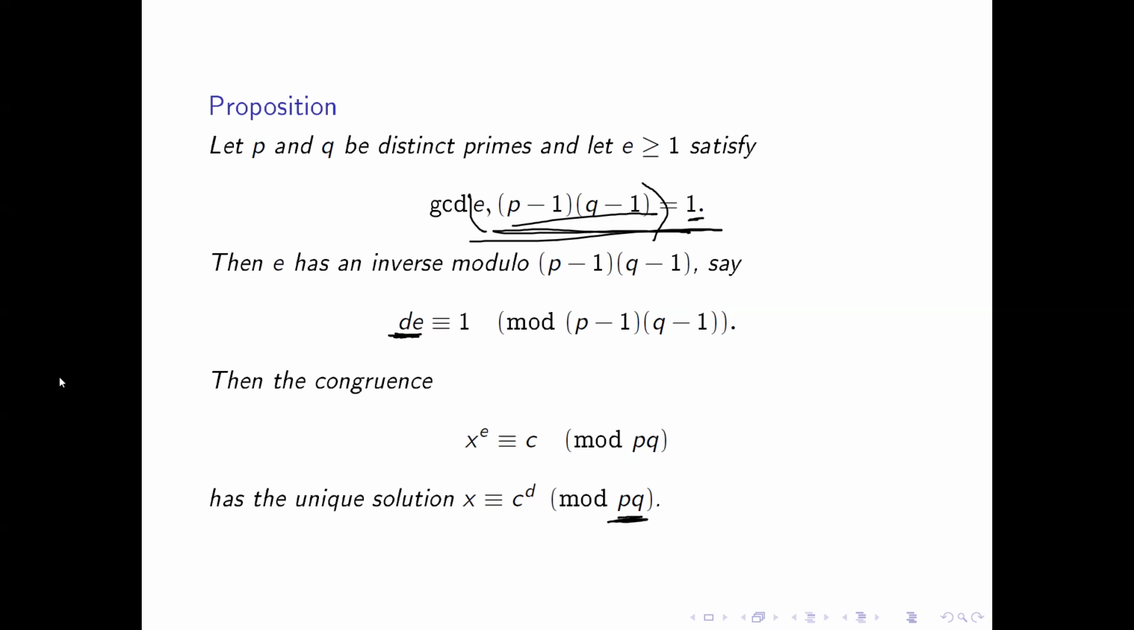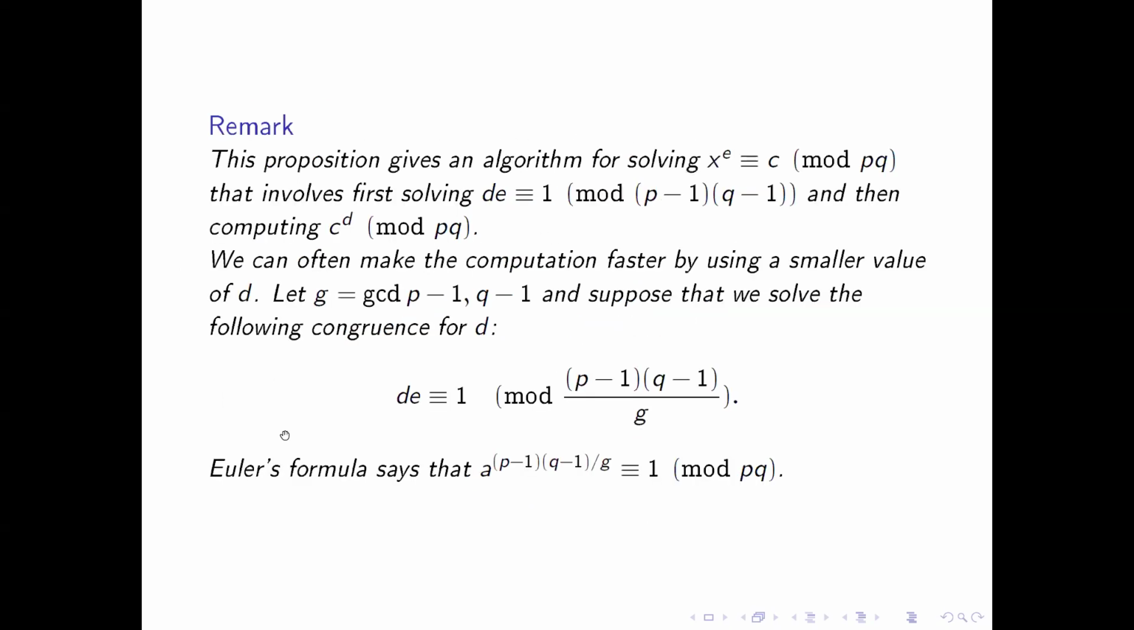So a remark on that real quick: this actually gives us the algorithm to find this and do it super fast. We can find d with de congruent to 1 mod (p minus 1)(q minus 1), and then compute c to the d. We can often make this even faster by going back to that g from the very beginning of today, which is the greatest common divisor of p minus 1 and q minus 1. And if I take de congruent to 1 mod (p minus 1)(q minus 1) divided by g,